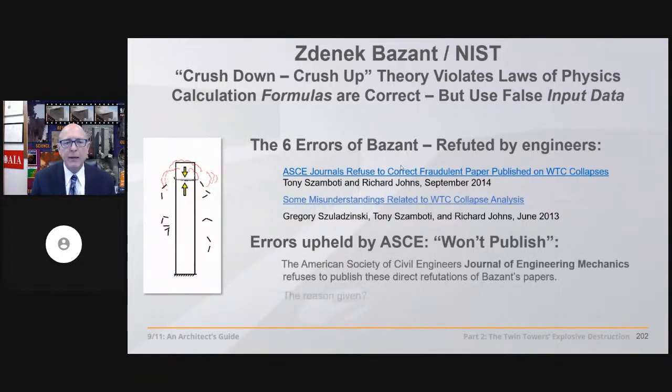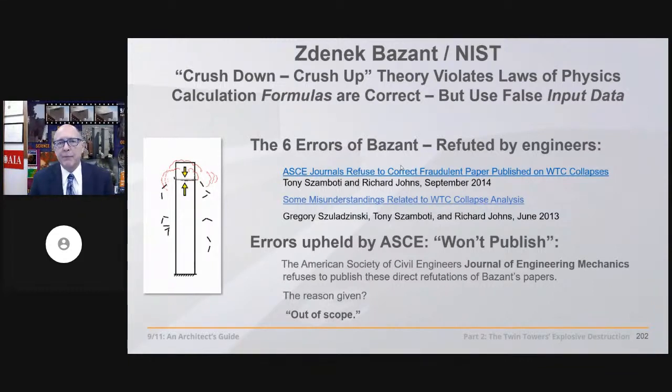Why? Well, they found that they were out of scope. Well, wait, how can it be out of scope to reveal the errors in a previously published paper? It makes no sense whatsoever.